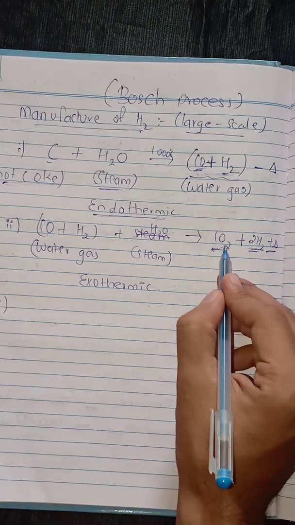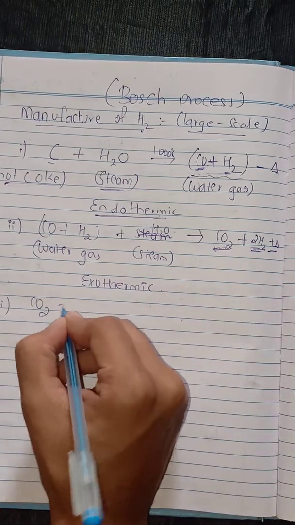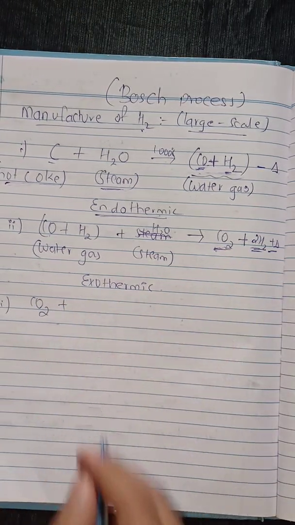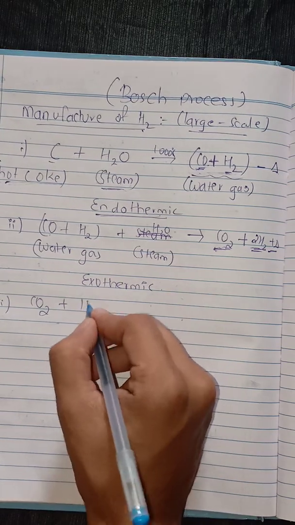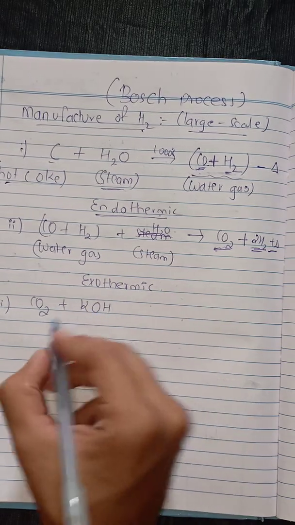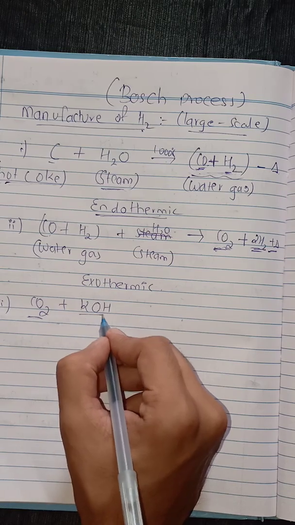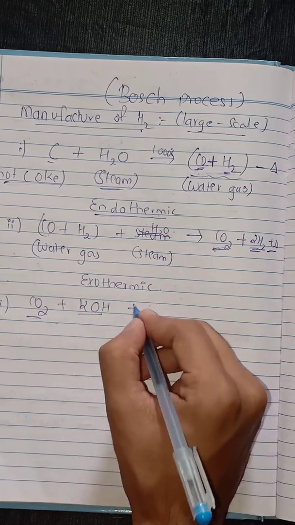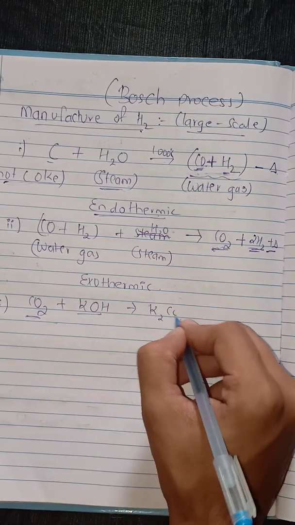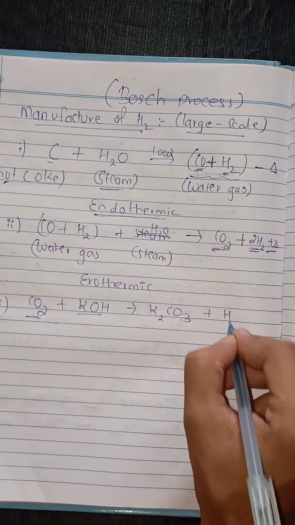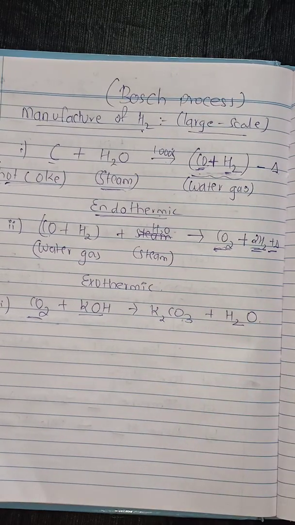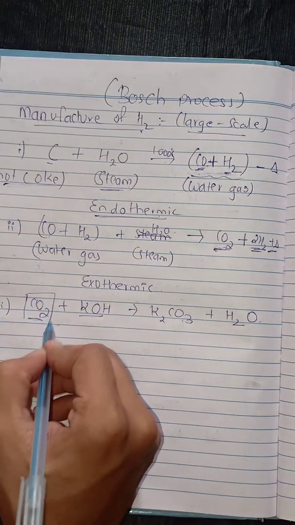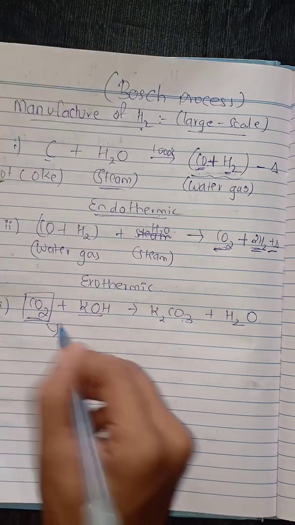Since we don't need this carbon dioxide, so what I am going to do, see, we know that part very well. कार्बन डाइऑक्साइड को ऑब्जॉर्ब करने के लिए क्या चाहिए? कॉस्टिक पोटैश. तो it would form K2CO3 plus water. ओके, या if you have to, there is an alternative way also.